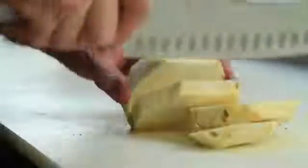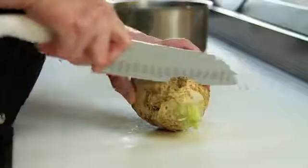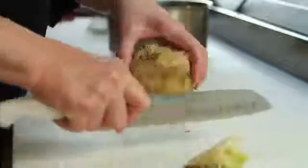I'm Chef Candace Conley, and I'm going to show you how to cook celeriac. Now, the other name for celeriac is celery root, and it is this big, ugly, gnarly looking thing, and it happens to be a root vegetable that's really delicious, easy to prepare, and I think you're really going to like it. But the first thing you have to do is you have to get down to the vegetable part,